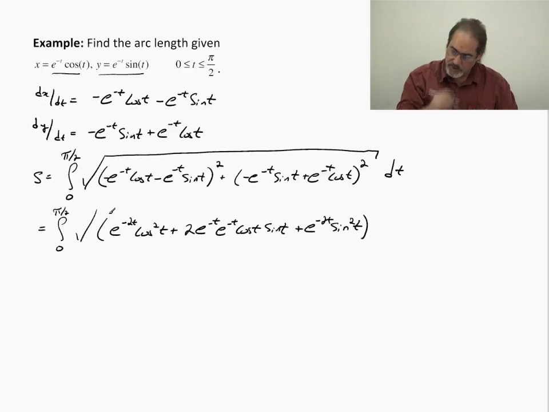That's this thing squared. Hopefully I got enough room to do the other one. I'm probably going to have to bring it down here. Let's see if I can fit it in. Plus, when I square this, I'm going to have e to the negative 2t sine squared t plus, minus